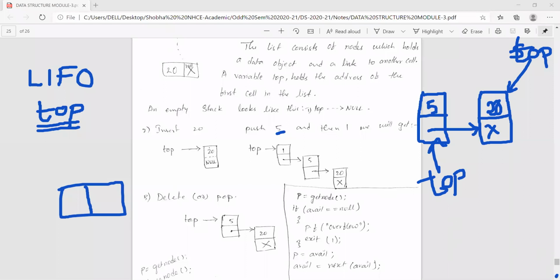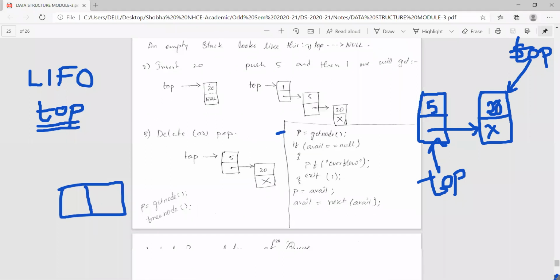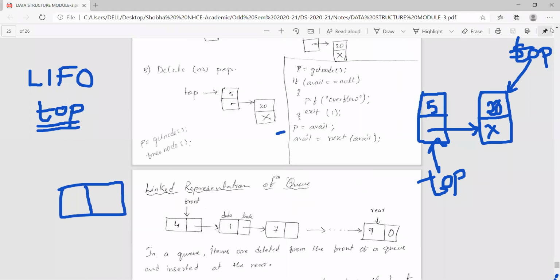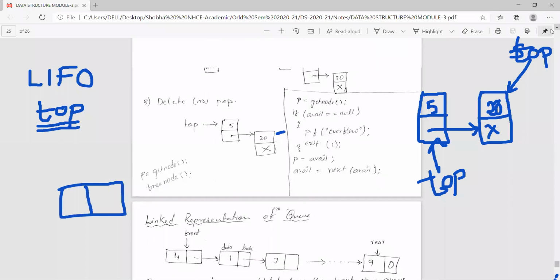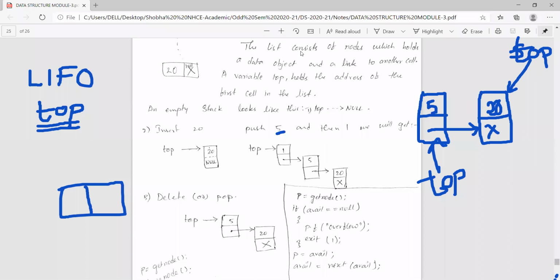Here, I will write NN for new node. The new node's next is equal to top.